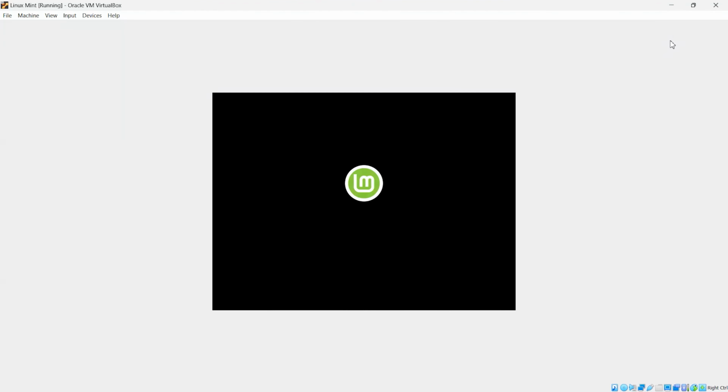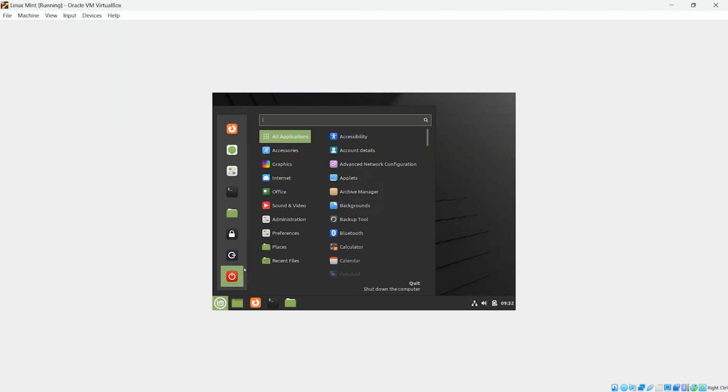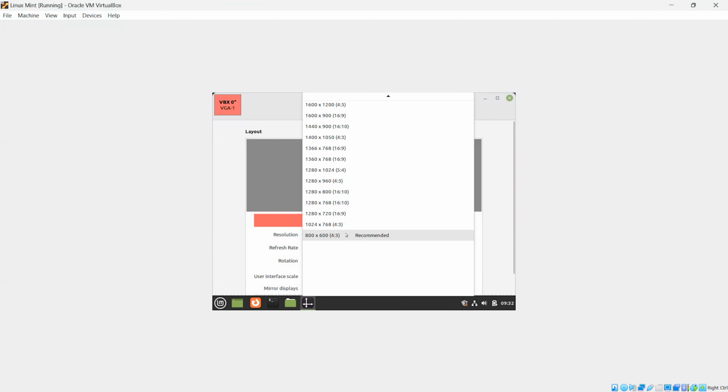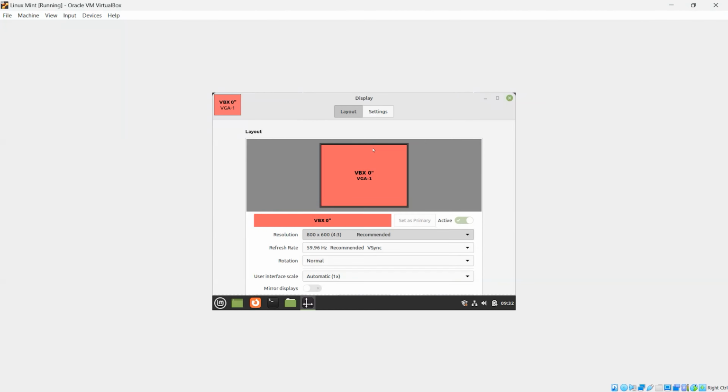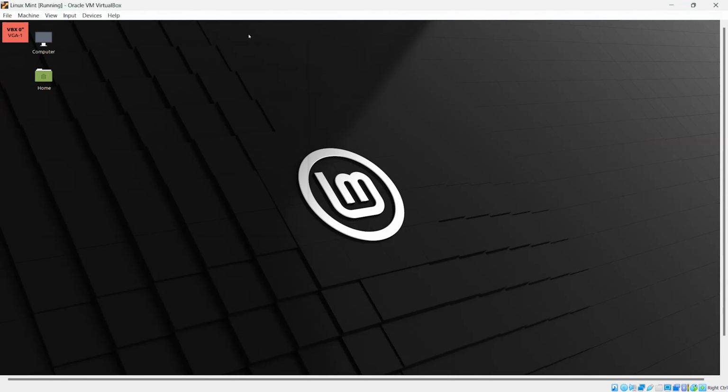Again start the Linux Mint system. You can see the full screen view is